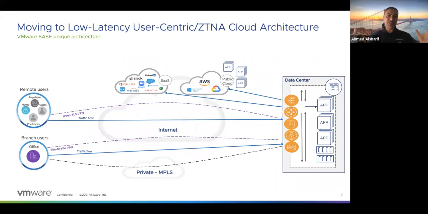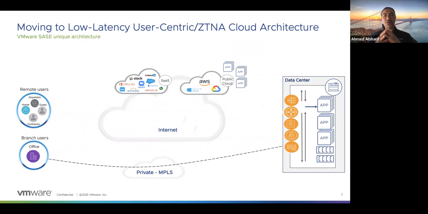Backhauling the traffic to the data center because of these services is the problem. Then the first thing that we need to do is not to backhaul anything. We're not going to provide any virtual connectivity to the data center anymore. Instead, we're going to move these services somewhere in the internet and call them point of presence. And this is a generic description. It's not related to VMware or anybody. This is just a concept, so we understand what the concept is before we talk about the VMware solution.